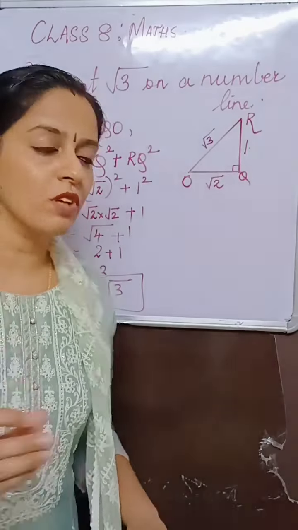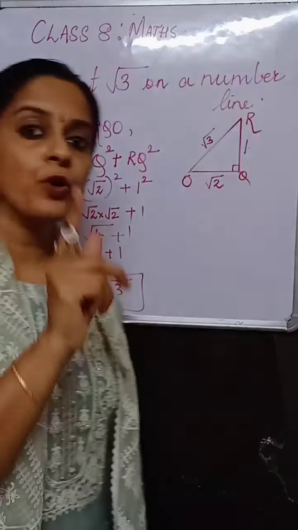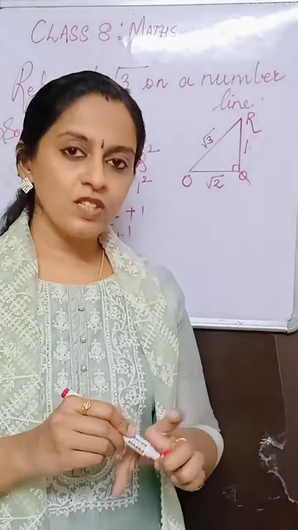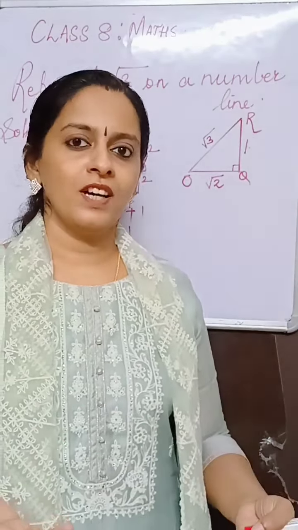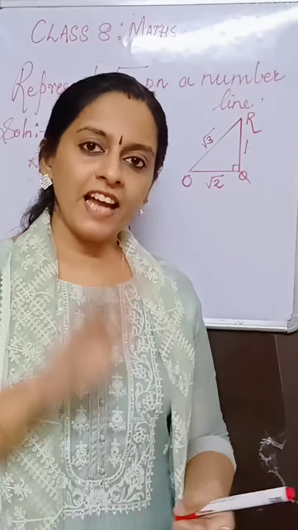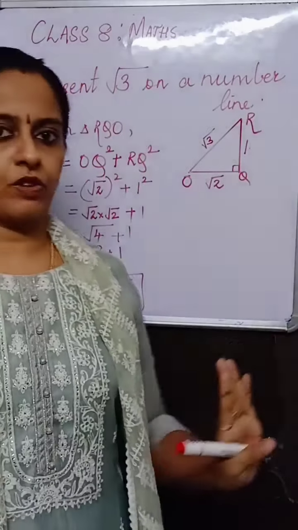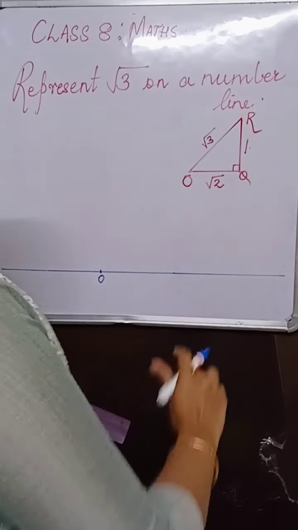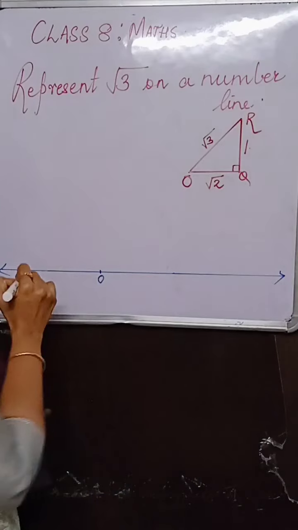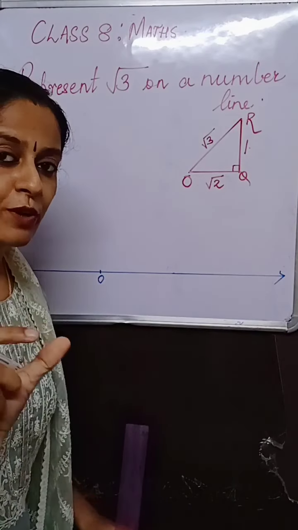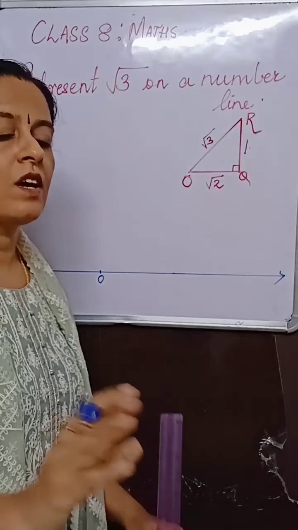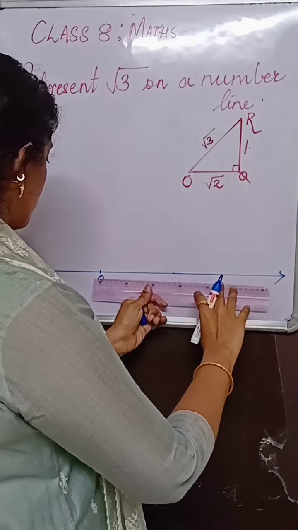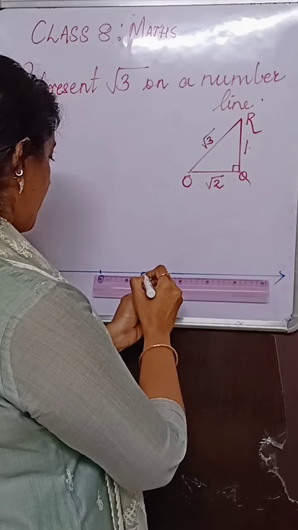Now to get root 3 we need root 2. Do you remember the steps? How did we get root 2 on the number line? Okay, so this will be revision of root 2. First you will construct root 2. Then we will be going for root 3. So this figure I will just keep and we will draw the number line. Okay, so my number line is ready. What we had decided, 1 unit we will be taking 2 centimeter so that our triangle looks neat and visible. So I will mark 2 centimeter. You also do that.